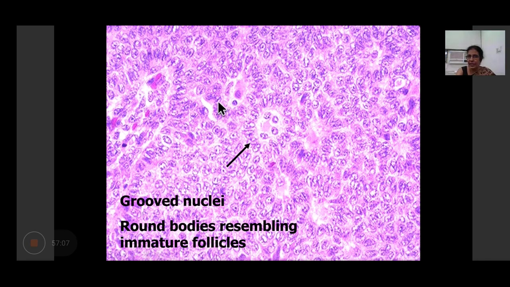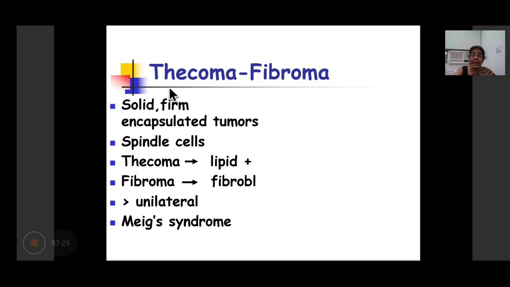The nuclei are oval and show a longitudinal groove which gives a coffee bean appearance. So there is a longitudinal groove in all these cells which gives a coffee bean appearance, and sometimes you can have this pink basement membrane-like material around which the follicles are being formed, and that is called the Call-Exner body. I'm only introducing these for your entrance examination. Otherwise, you may sometimes get a short note on teratoma. You will definitely get a short note on the classification of surface epithelial tumors and uncommonly on the granulosa cell.